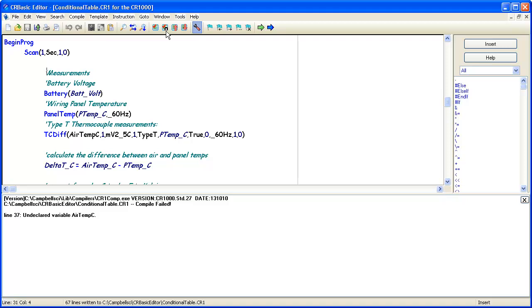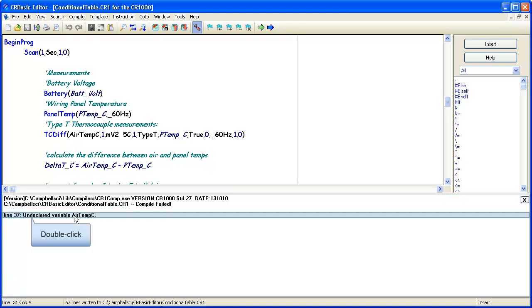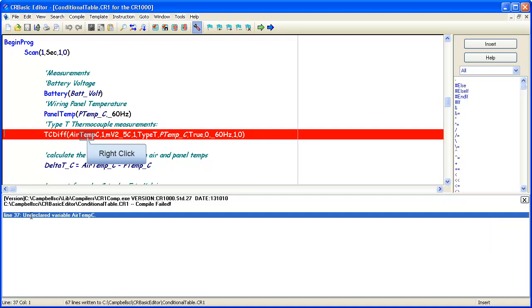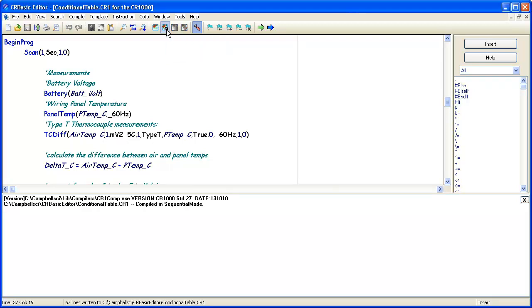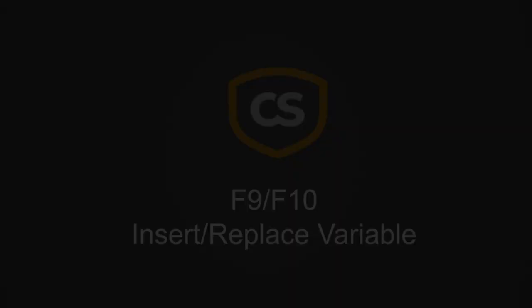When an error can be traced to a specific line in the program, the line number will be listed before the error. You can see the line number of your cursor location at the lower left corner of the screen. Double-clicking on an error message with a line number will highlight that line. This particular error can be corrected by right-clicking on the variable name and selecting the correct one. Confirm that the error has been corrected by compiling again. It has. We'll have another tutorial on common programming errors and how to correct them.